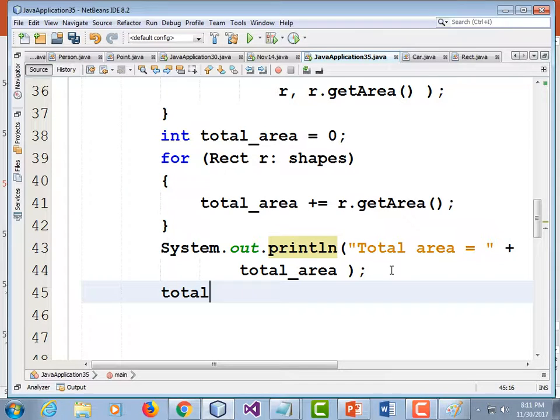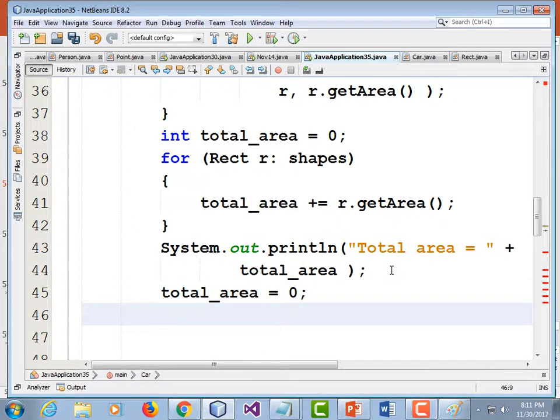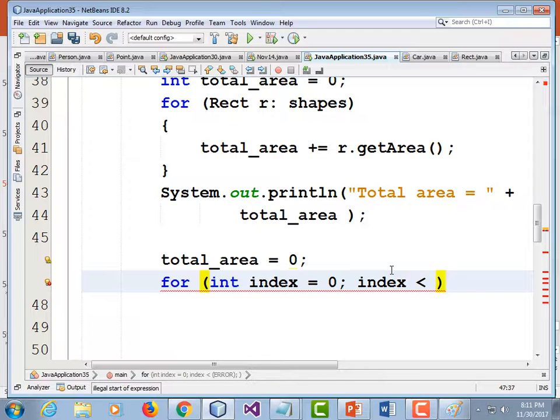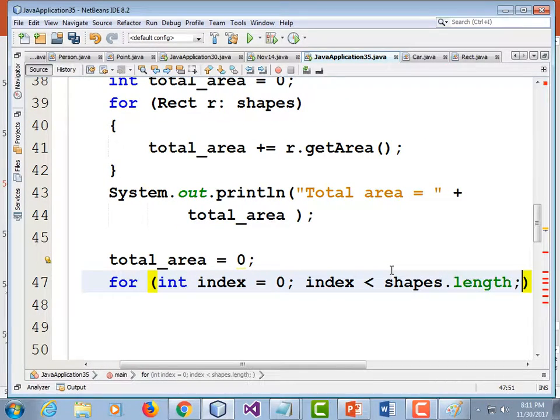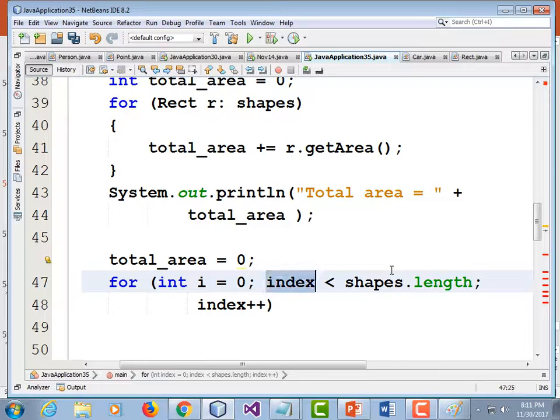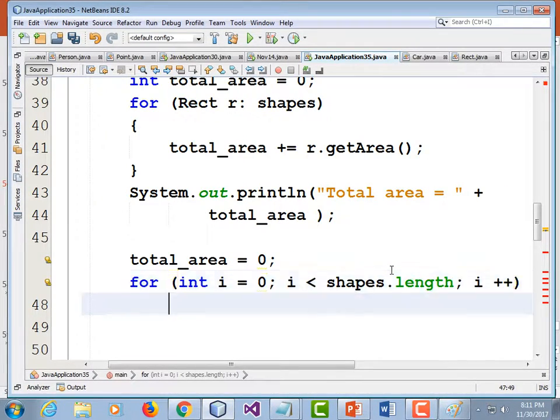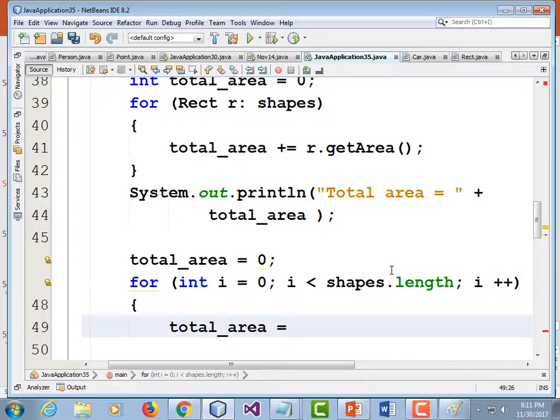So I'm going to reset my area to 0. Total area is equal to 0. And then for int index, or i, is equal to 0, index is less than the length of the array, so shapes.length, semicolon, index plus plus. If I just used i, it would have all fit. So I'm going to change those indexes to i's. And then total underscore area is equal to,